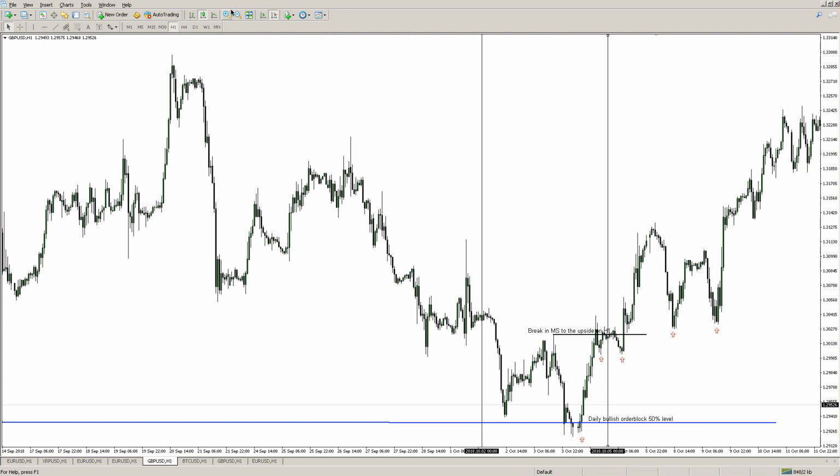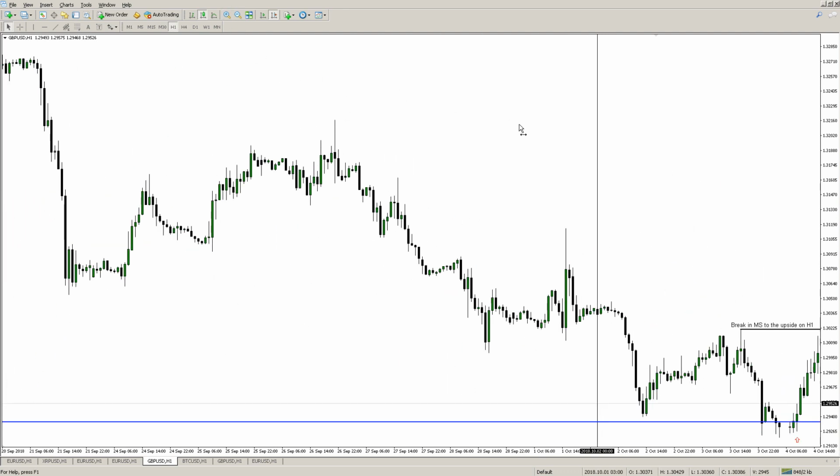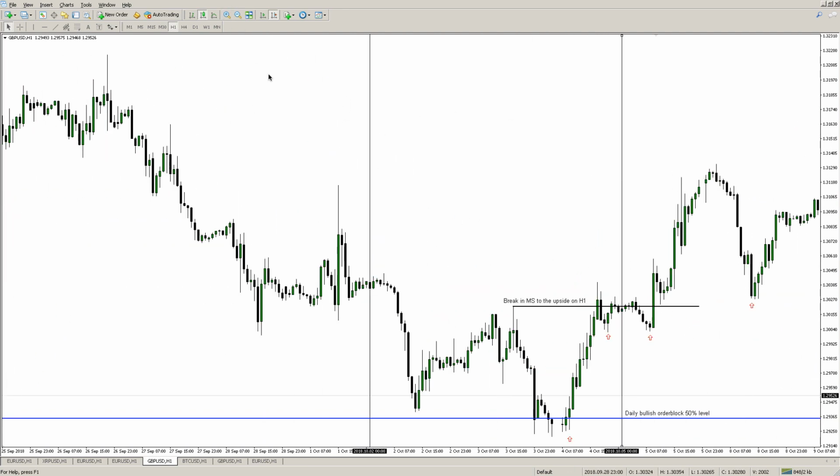I don't typically do that. I'm only looking to risk like 20, 30 pips with my trades. So I'm not really looking for anything that extravagant. But for those of you that are looking to trade longer term and things like that, that's how you would do it. Now let's really talk about the entry opportunities, how I would have got positioned, and where the possible